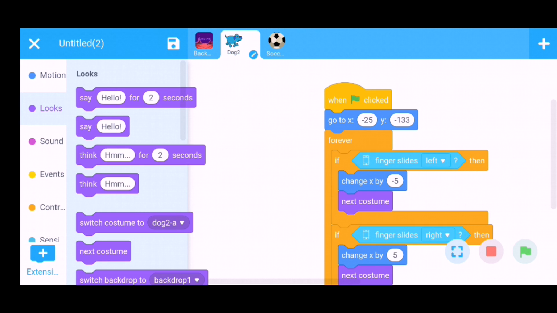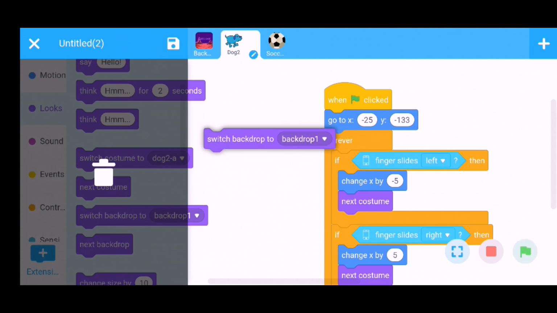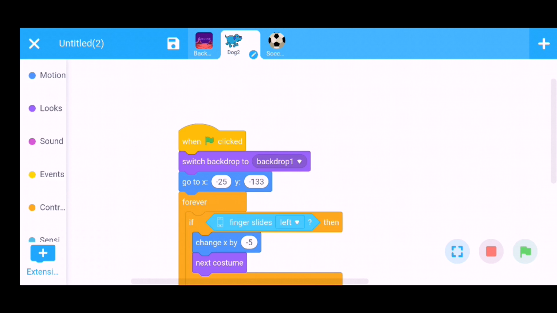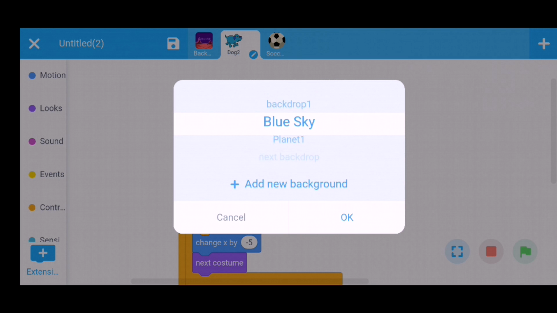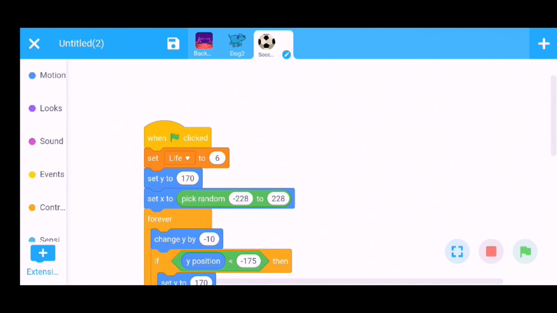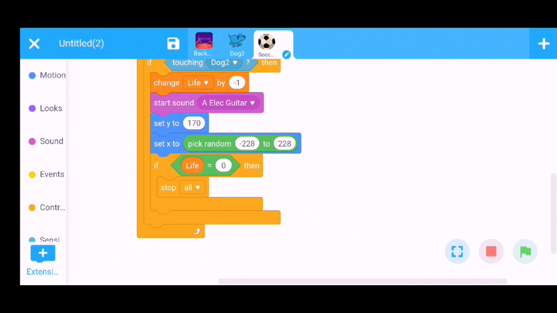Go to the look section, use the switch backdrop command, choose the initial backdrop, blue sky, then go to this, before stop all.